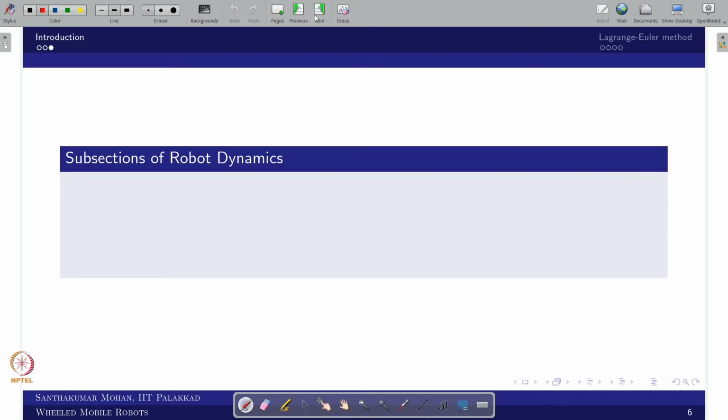You can see the subsections of robot dynamics as we have seen in robot kinematics. What was the robot kinematics aspect? If you know the input and you are trying to study the motion, that is the forward differential kinematics. Whereas if you need some desired system state and want to give a certain input so that you can achieve that, that is inverse differential kinematics. Just recall the equation: you have written eta dot as J of psi into zeta, right? This is what you have obtained.